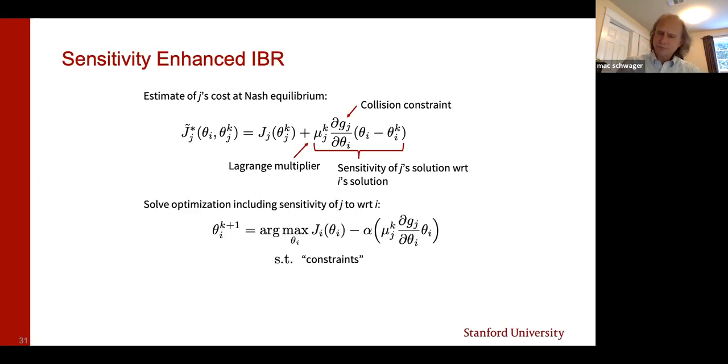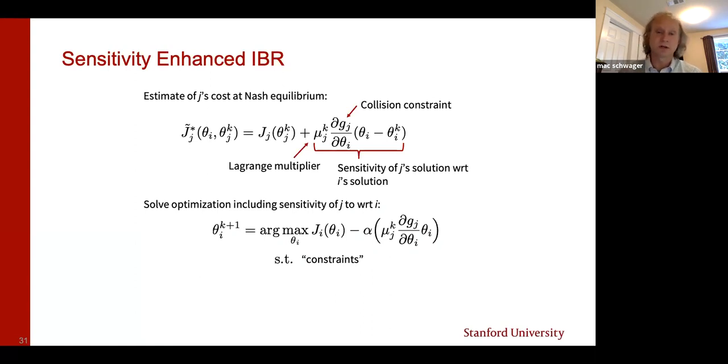I take this sensitivity and I directly put it into my own objective for the next planning round. And so what does this do? This means that not only is my objective to minimize my own objective, but it's also to maximize his objective. I'm trying to do both at the same time. I'm both trying to minimize my objective and hurt the other guy at the same time.